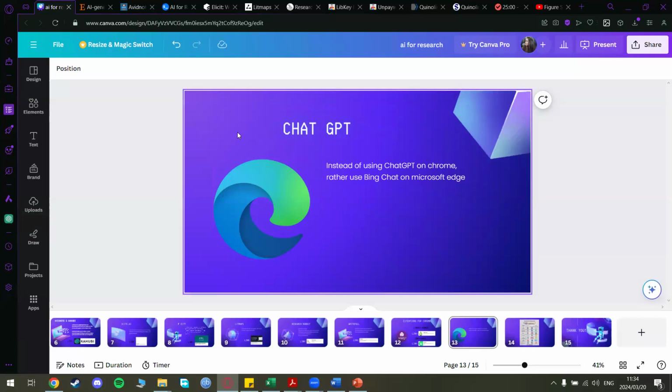You can use the normal ChatGPT from OpenAI, but you can also use Bing Chat from Microsoft Edge, because Bing Chat uses ChatGPT 4.0, and the normal ChatGPT that you can use on Chrome and so on uses ChatGPT 3.5, I think. So it's a much better version of ChatGPT on Microsoft Edge than it is on Chrome and the rest of them.